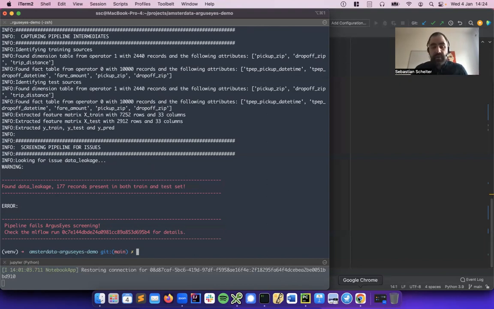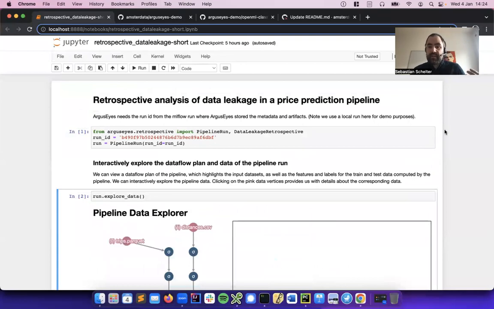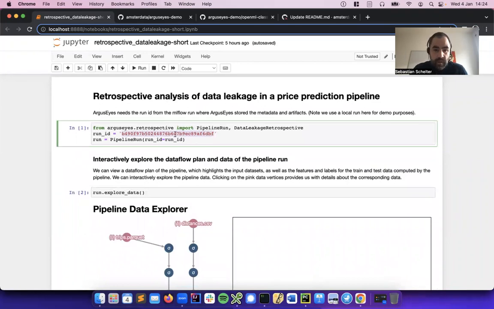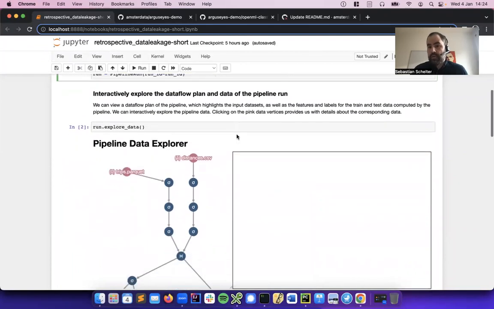And ArgusEyes also helps you to actually fix these errors. So ArgusEyes stores the artifacts and metadata about this pipeline in MLflow, an experiment database. And then we provide some specialized debugging tooling that you can use via Jupyter that helps us analyze why there was a particular issue in the pipeline and fix it. So for that, we only need this MLflow ID. And then we can connect to MLflow and look at all kinds of